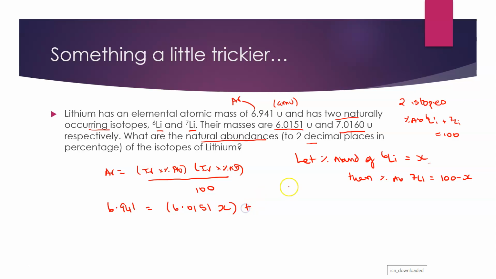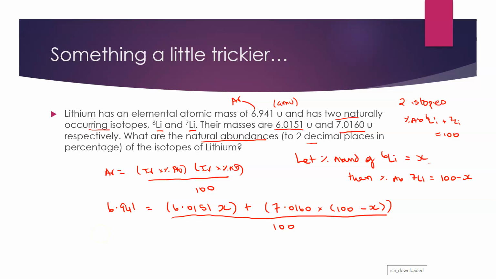And then we're going to add that to our lithium-7, 7.0160 multiplied by its relative abundance, which is going to be 100 minus X, so everything that isn't lithium-6, and we're going to divide all of that by 100. Now we're going to use essentially our mathematical skills to rearrange this equation and solve for X. So the first thing I'm going to do is multiply both sides by 100. So I will get